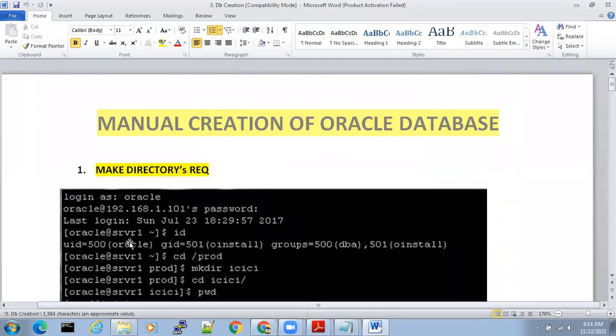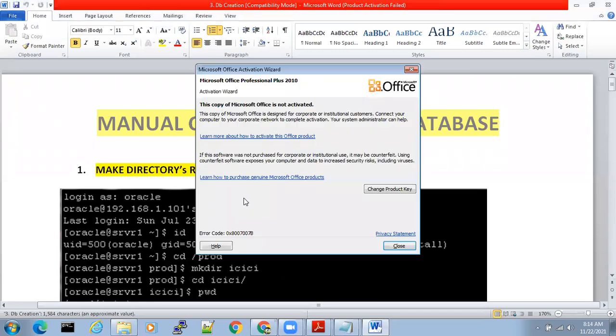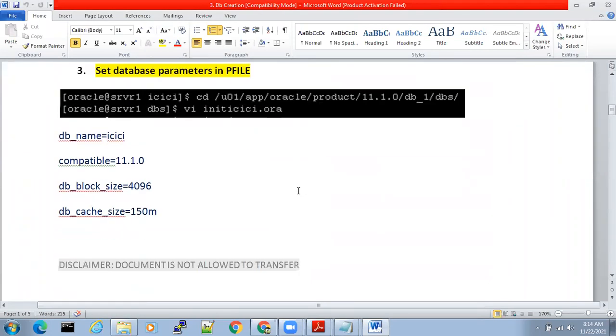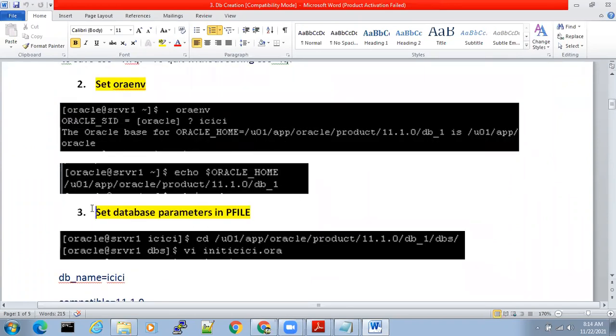Okay. Now, at the time of database creation, I'm asking everyone, do you remember step number 4, database parameters?